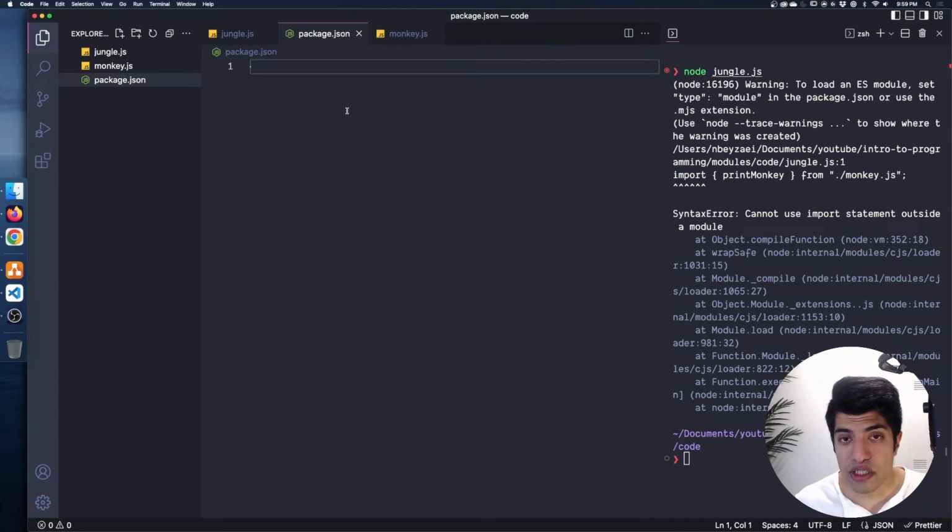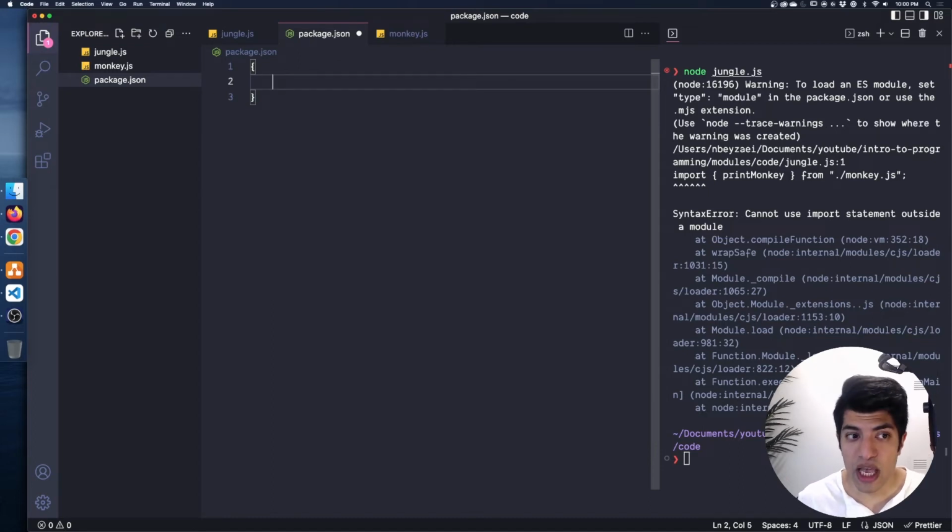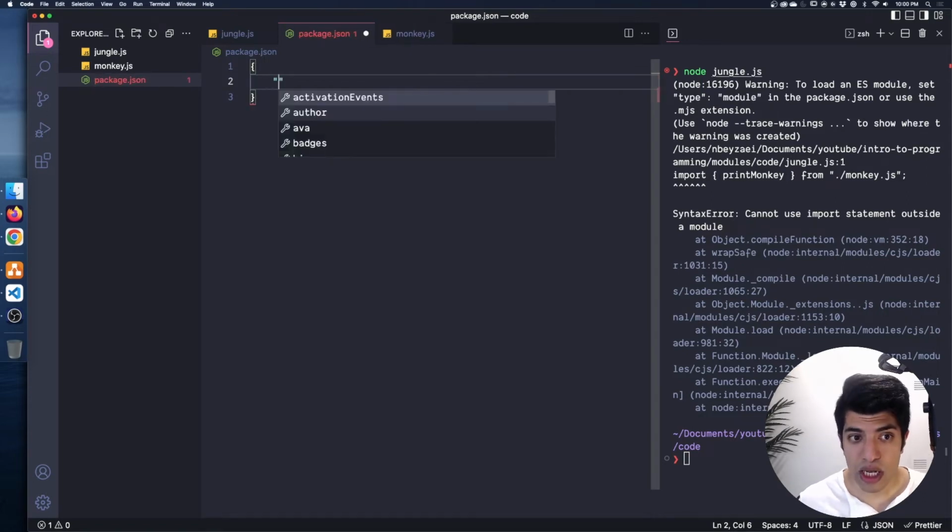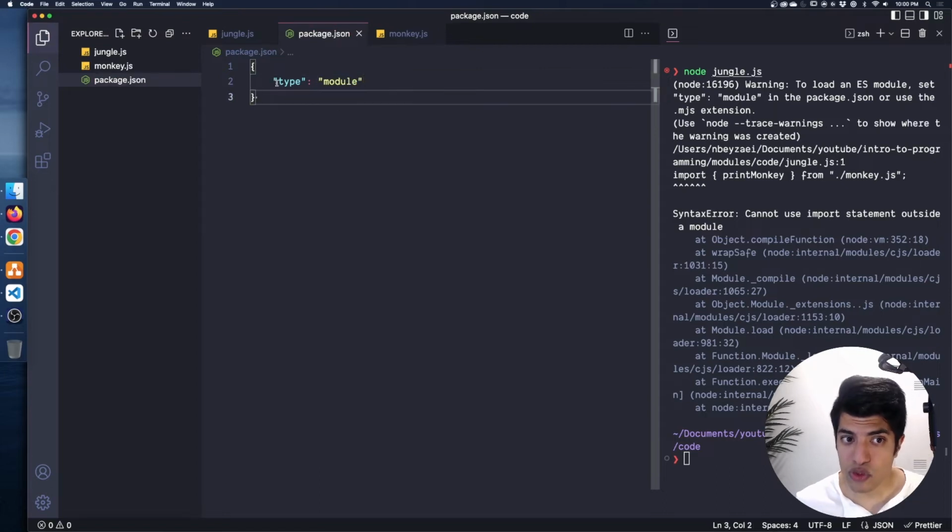Okay. Now this is a special file that Node specifically is looking for to configure itself. Inside of this is what's called a JSON file, or JavaScript Object Notation. We're going to go over that in much more detail as we get to things like the front end and even some back end work. But for now, let's just put an object in here. Okay, so curly brackets. And we have to have strings as the keys in JSON. We can't leave them without the strings. So here, I'm going to put type, colon, and then I'm going to put module. So this is a string, colon, and then this is a string as module, okay? And this is all within this object,